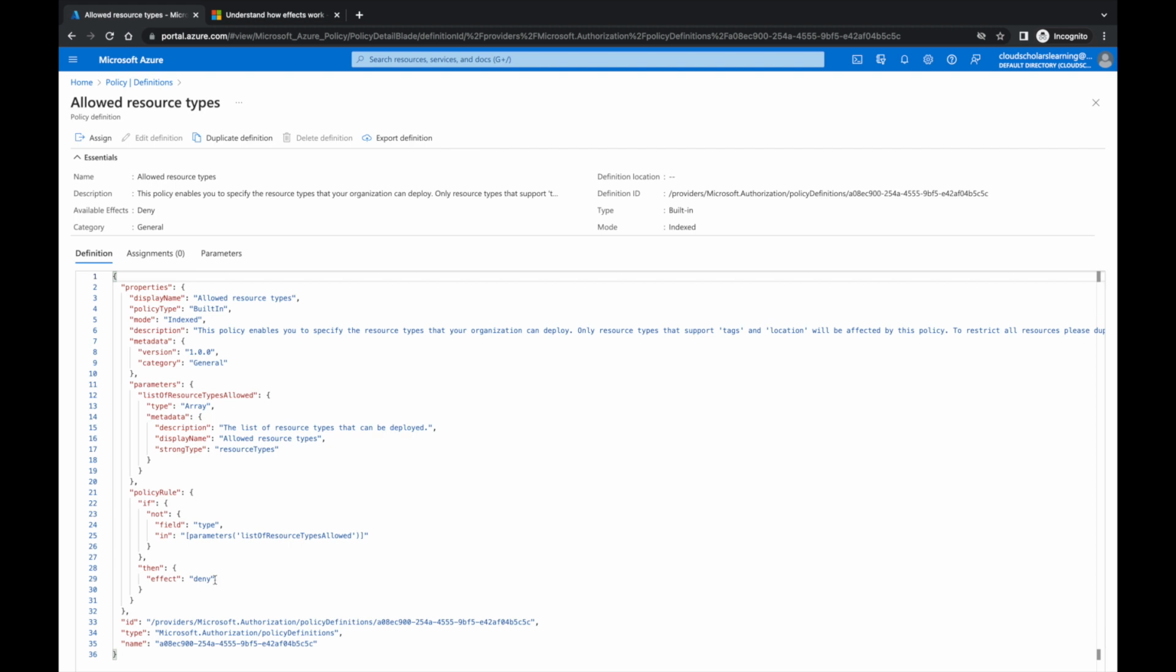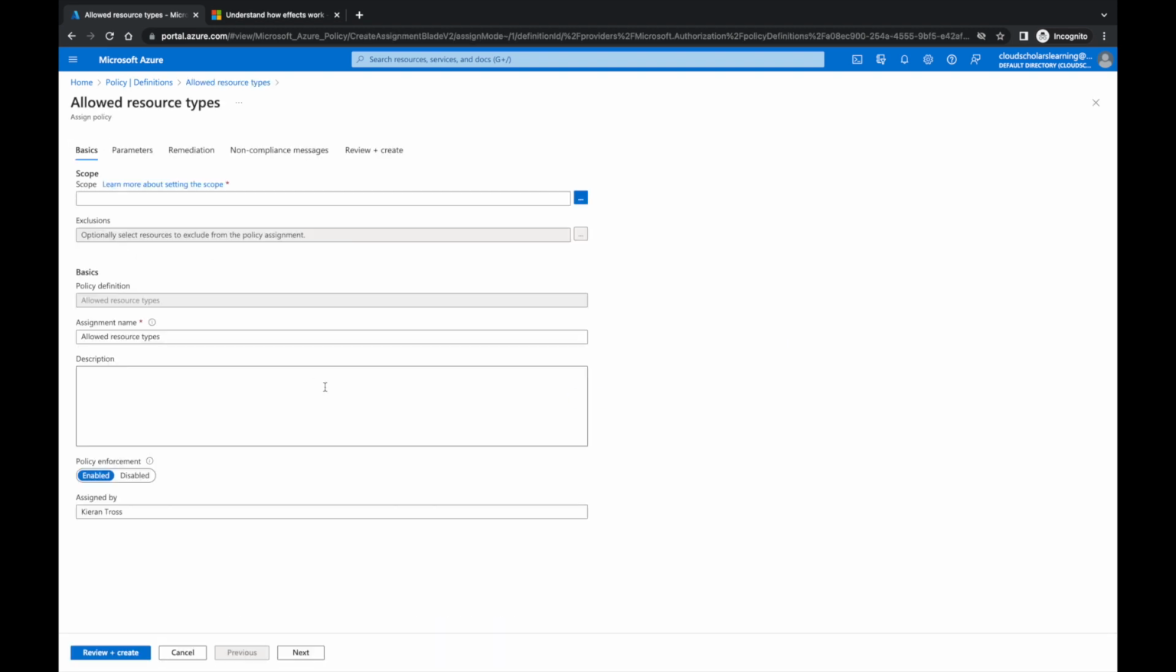So if I say I'm only allowing storage accounts within this resource group, and I go ahead and try to create another resource outside of storage accounts, it should get denied. So let's see what happens. I'm going to go to assign,